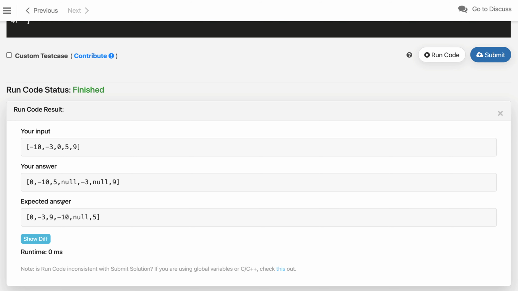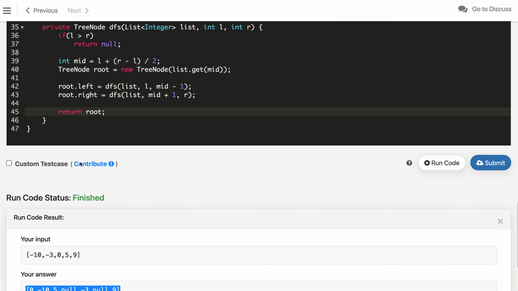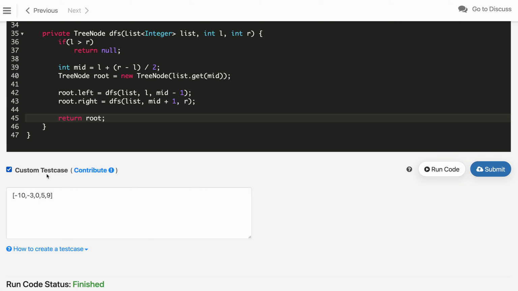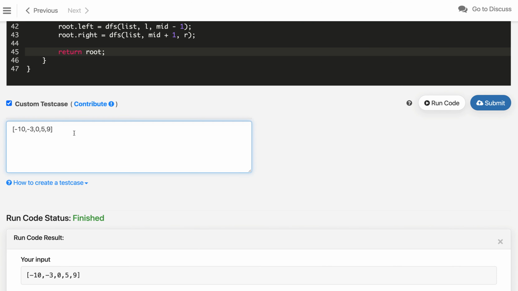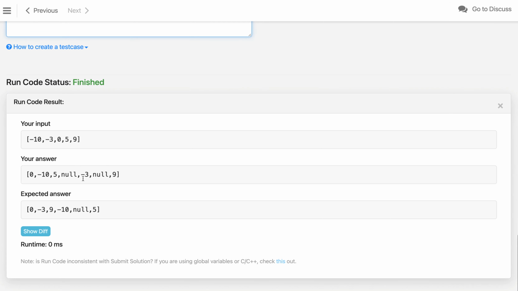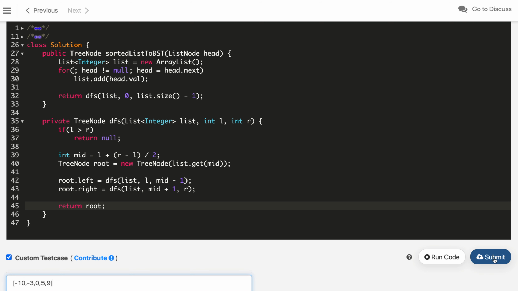So it looks like the code compiled, though this looks like a different answer. There is another way we can validate whether this is a height balanced binary search tree or not. I am not sure whether we have that tree constructor tool of LeetCode here. No, it's not here. But generally they print the level order traversal. So 0 has two children, -10 on the left, 5 on the right, then -10 has null on the left and -3 on the right, because -3 is greater than -10, so it is on the right, which is correct. Similarly, 5's left is null and the right is 9. So this is also a valid binary search tree.